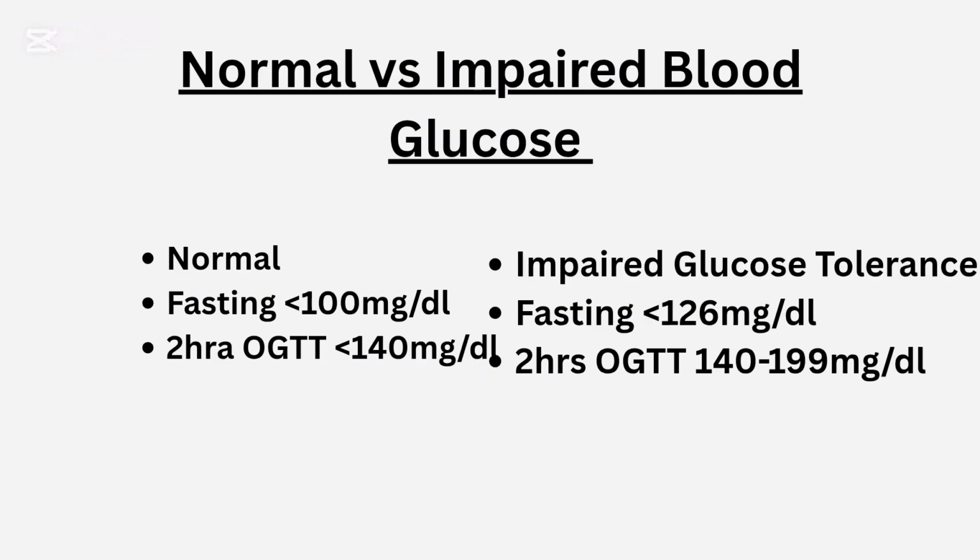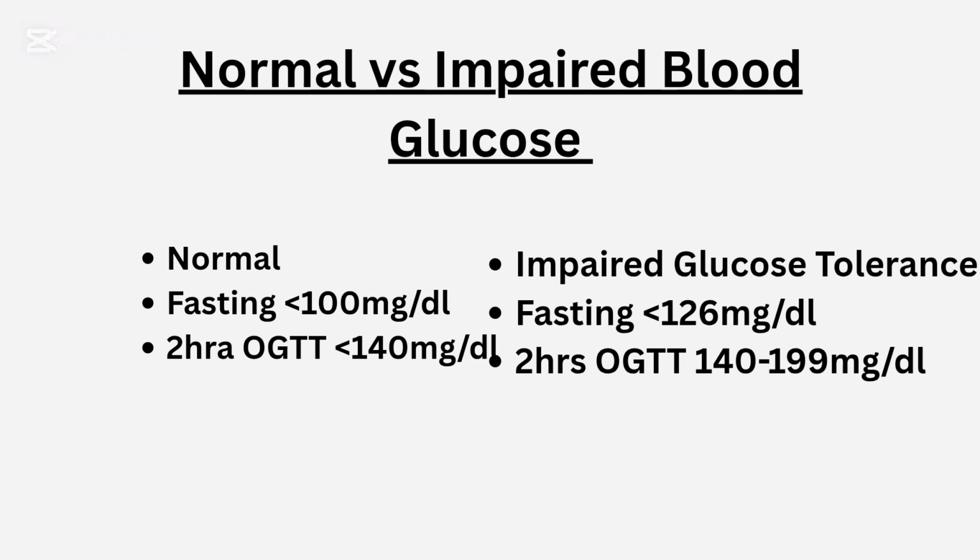And last thing is the normal and impaired glucose tolerance. In case of normal patient, the fasting blood glucose is less than 100 milligram per deciliter, and in case of impaired glucose tolerance, a patient is pre-diabetic. In this case, the fasting is less than 126 milligram per deciliter, and 2 hour glucose is in case of normal person less than 140 milligram per deciliter, and in case of impaired glucose tolerance it is 140 to 199